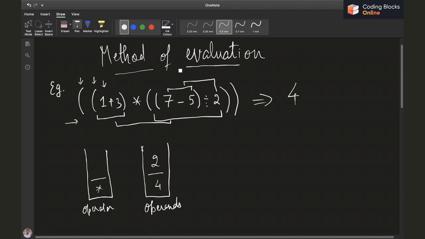Now the next character that I have is divide. Just push it, then 2, push it, then again a closing bracket. I'll have to perform 2 by 2. 2 by 2 is going to be 1, push it, then again one more closing bracket, then I'll do 1 into 4, which is going to be 4. Just push it. I don't know why it came back.